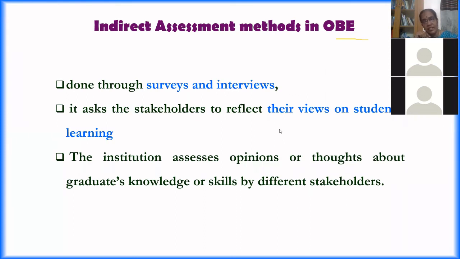Direct assessment is based on the marks allotted using the evaluation tools. And indirect assessment methods are the surveys that reflect the emotional answers given by your students through the feedback mechanism: what perceptions the students have about their learning. Whether they are feeling good, that I have achieved this. That type of confidence you have to build in your students.